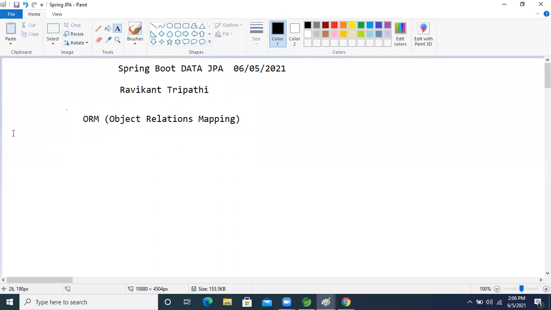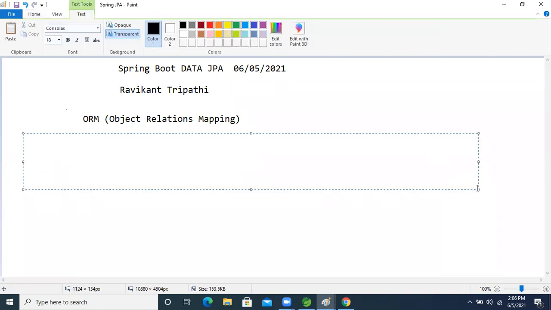So same here: ORM says to perform database operations using object format, like saving the object.